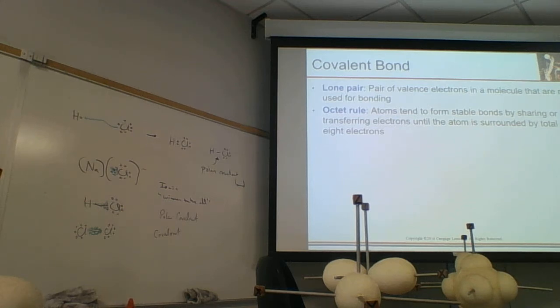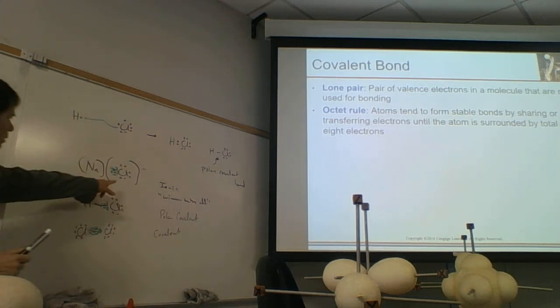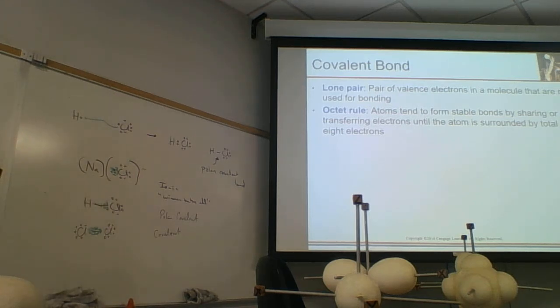So here I have 3 lone pairs and a bonding pair. That makes it 8 electrons. Around here I have 3 lone pairs and a bonding pair. It's 8 electrons. That's the octet rule, 8 electrons. And so chlorine can get 8 electrons by either sharing or taking. If it shares, it's called a covalent bond. If it shares evenly, it's a covalent. If it shares unevenly, it's a